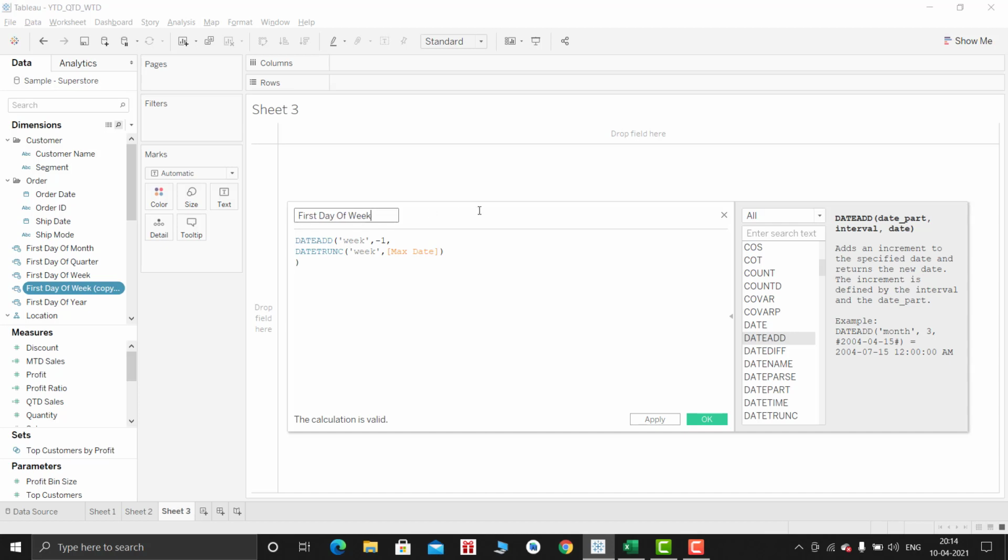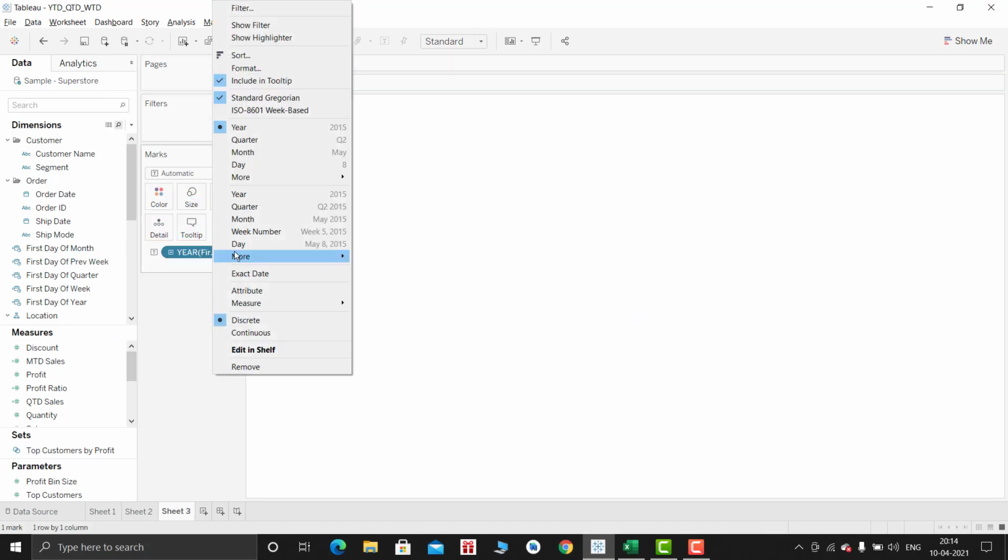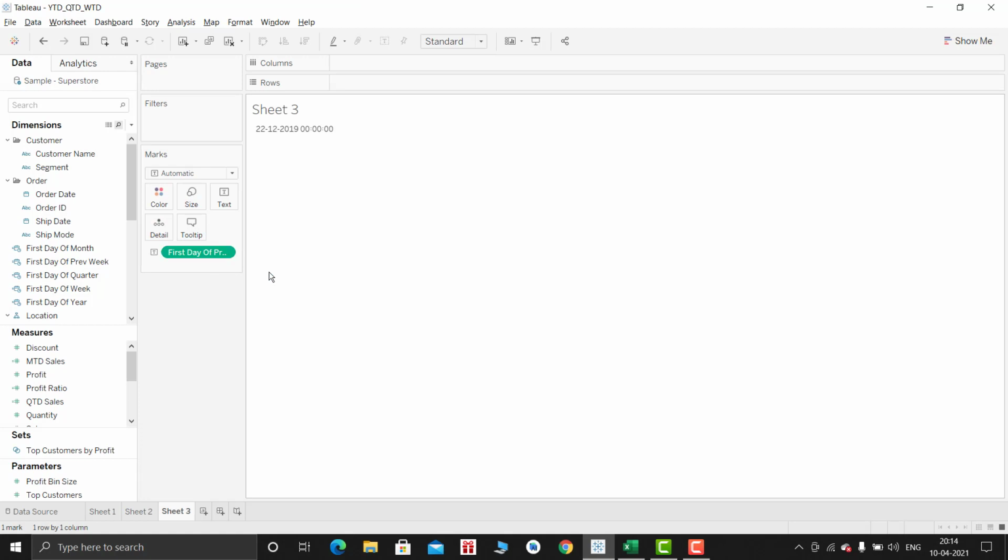Just remove this, and here write previous. So my first day of previous week is ready. Let us drag and drop it to see what the actual value is. So 22nd, let us even see the first day of current week, or the max week. So here we have, so this is my first day of the previous week.